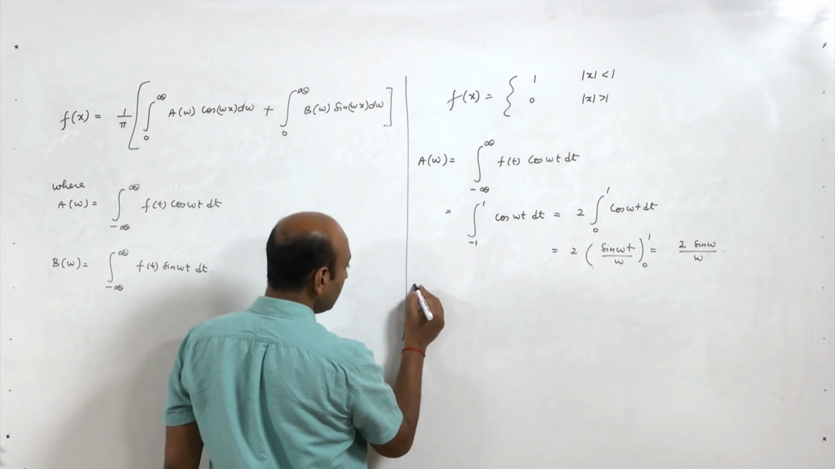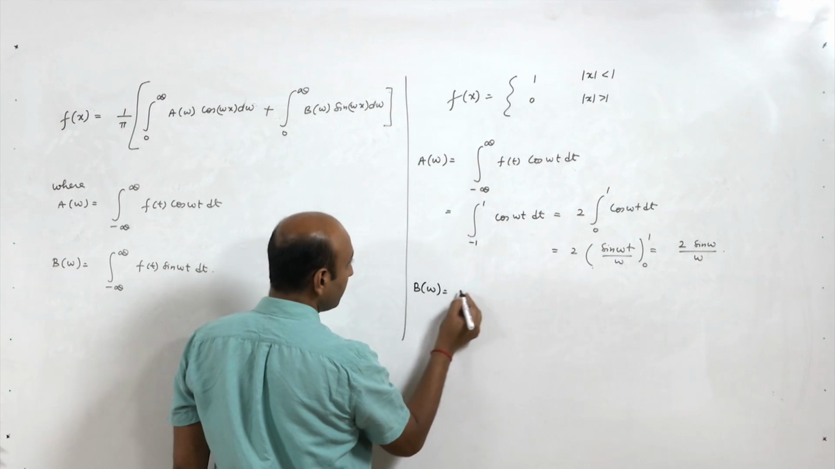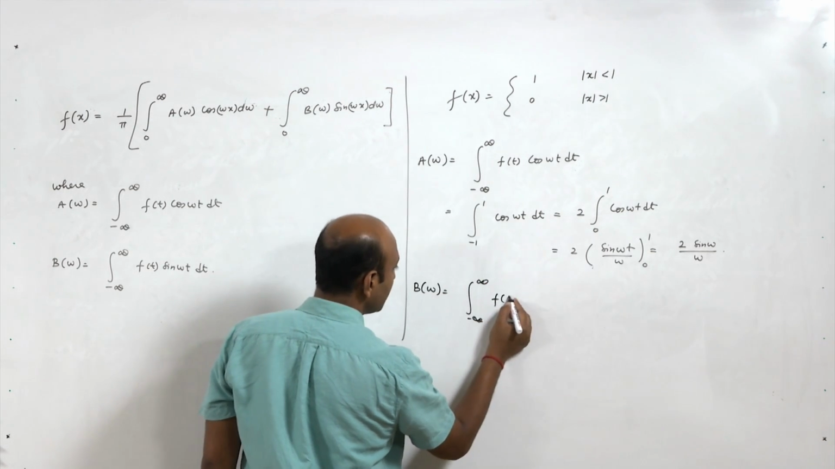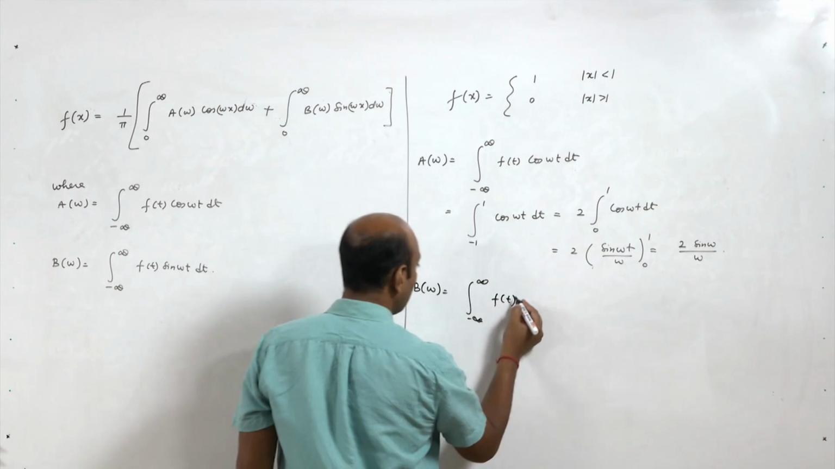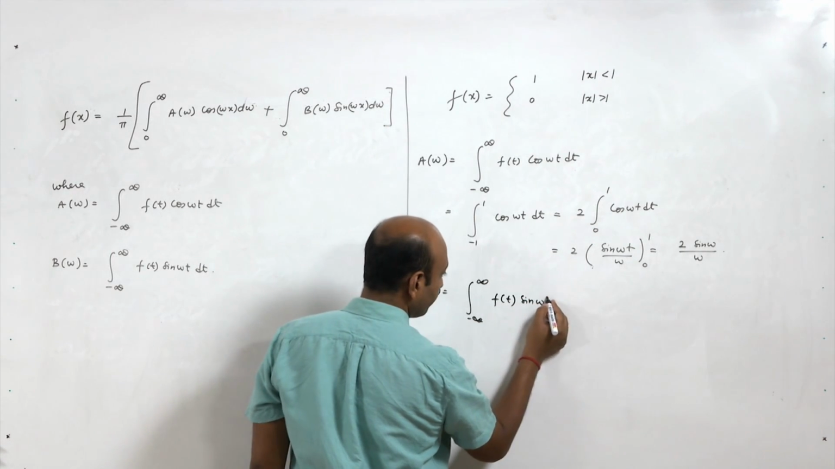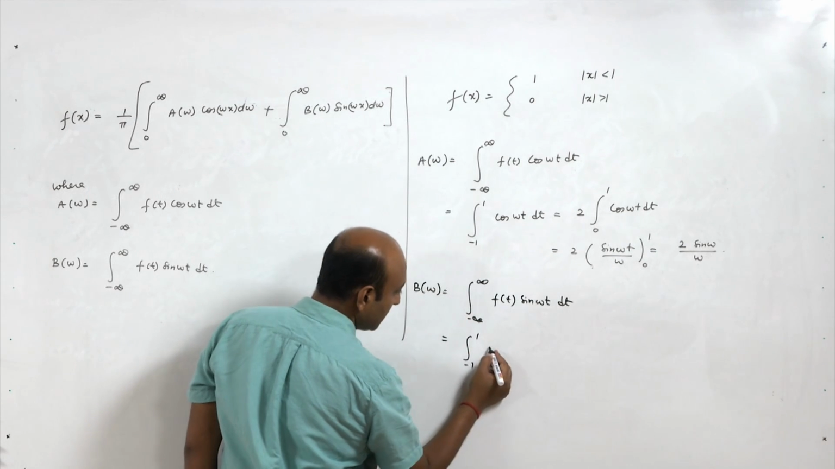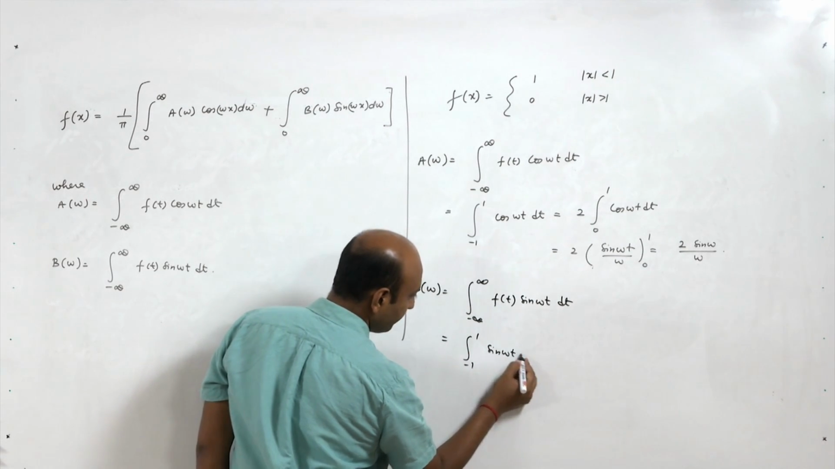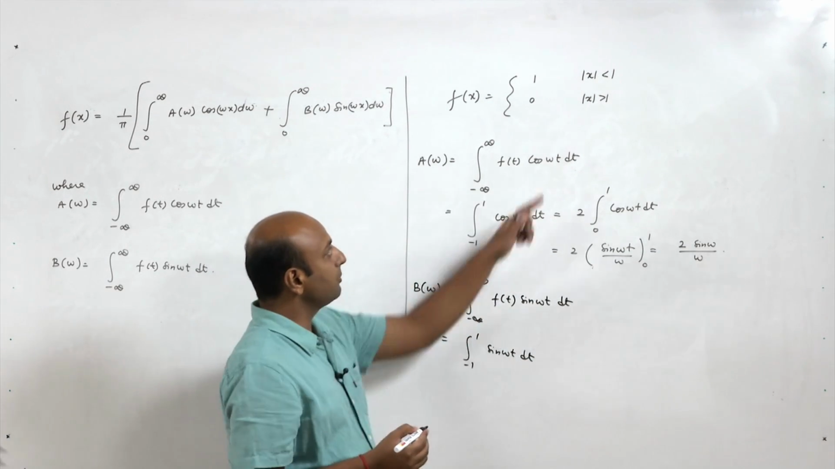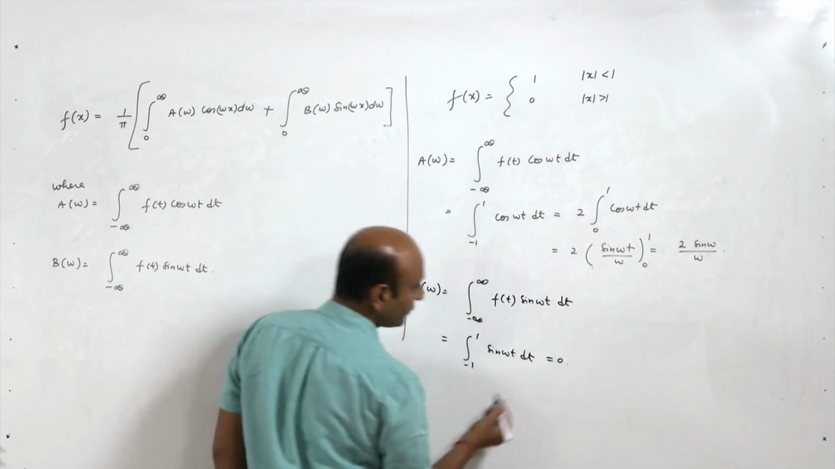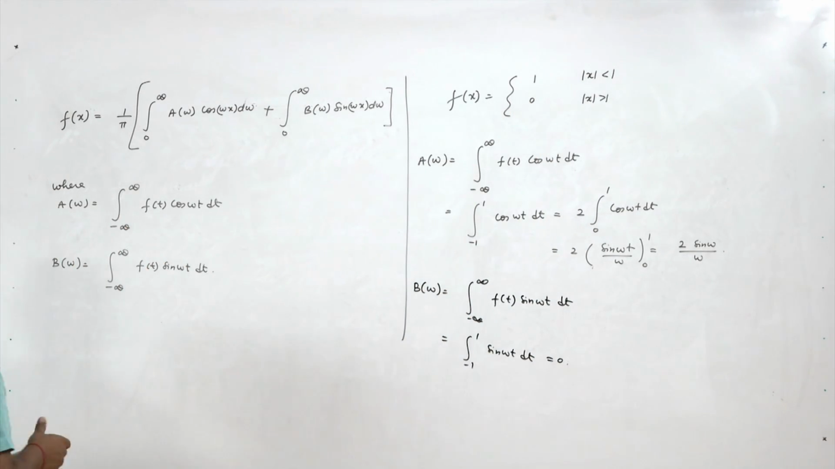Now, what is b omega? B omega will be nothing but again, by this definition, the integral from minus infinity to plus infinity of f t sin omega t dt, which equals the integral from minus 1 to plus 1 of sin omega t dt, because from minus 1 to plus 1 it is 1 and it is an odd function, so this is 0. So, we have computed both a omega and b omega,